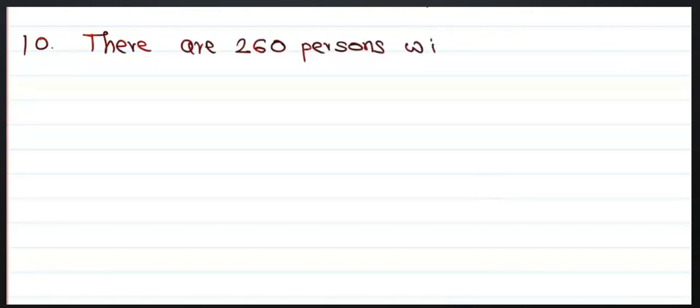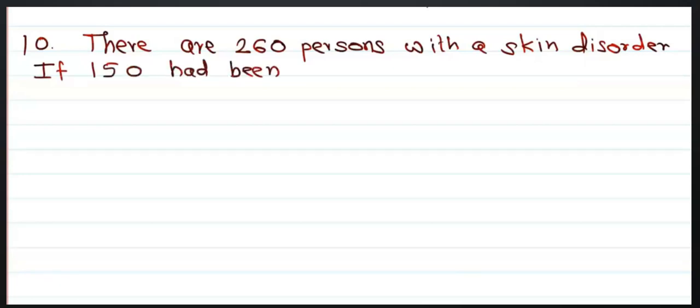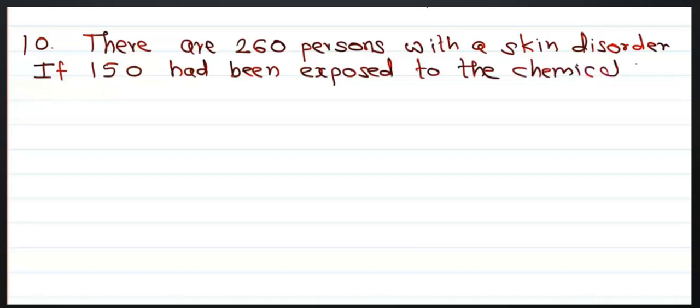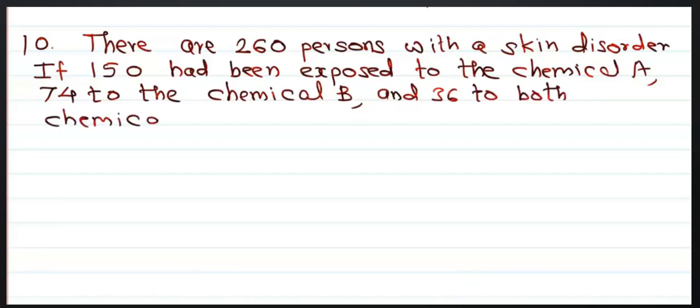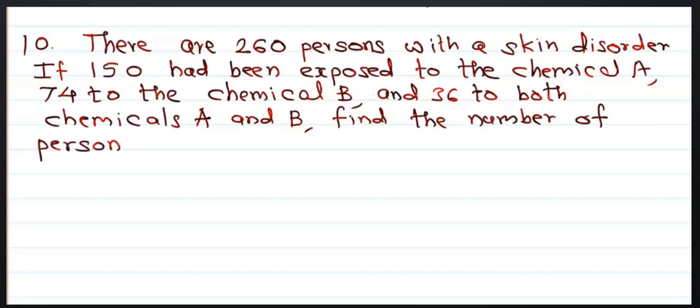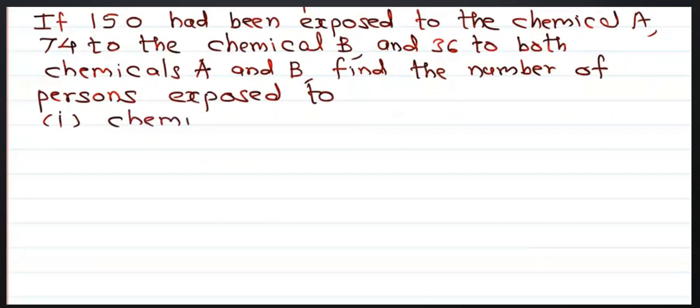Question number 10. There are 260 persons with a skin disorder. If 150 had been exposed to the chemical A, 74 to the chemical B, 36 to both chemicals A and B, find the number of persons exposed to: